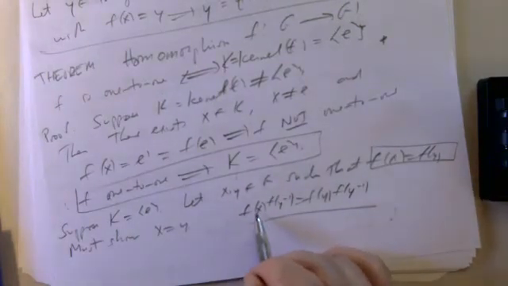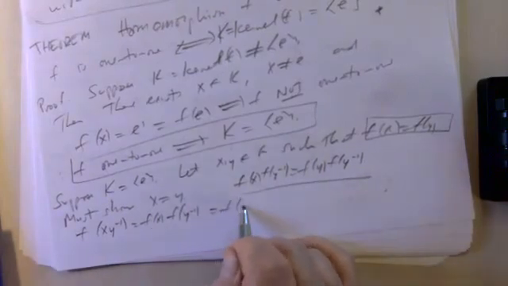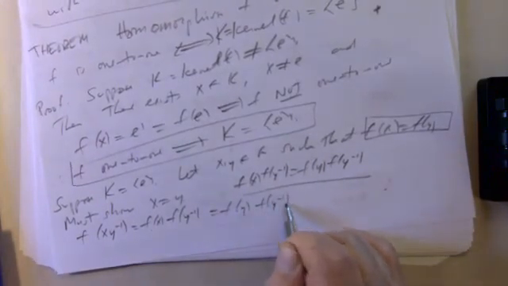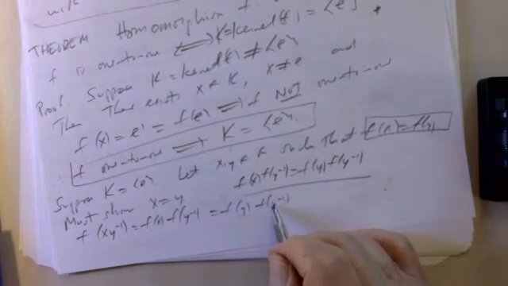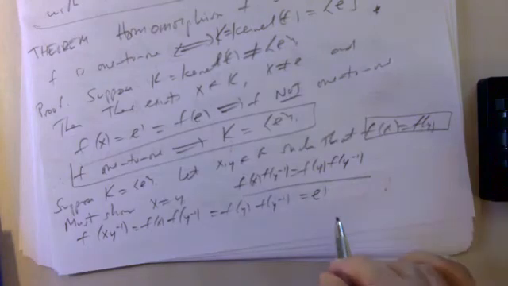So what I have, f of x y inverse, that's f of x times f of y inverse. Since f of x is equal to f of y, it's f of y times f of y inverse. F of y inverse is the inverse of f of y. So that's E prime,